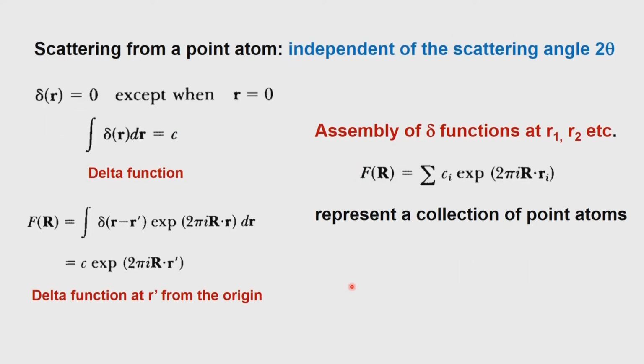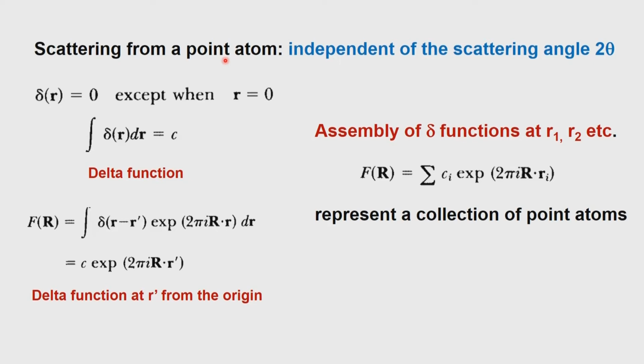Now, we will go into the realistic situation. Until now, we have generally discussed scattering with respect to some electron density lying in some space, rho of r dr. Now, we will say that the electron density is associated with an atom, and more so, we will make this atom a point atom. Suppose you consider a carbon atom: there are 6 electrons associated with the carbon, and of course there is a nucleus, core and valence electrons and so on. Now, the whole thing we will condense as though it has 6 electrons belonging to a point x y z.